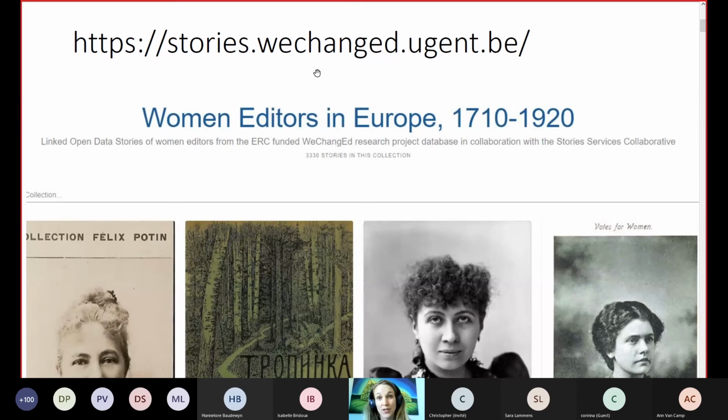This was a team of experts. This was an ERC project of Professor Marianne van Remoortel in the English Literary Studies Department at Ghent University on the Agents of Change project. And here we worked with technical experts, scientific programmers, as well as Wikidata and linked data story experts to successfully go through this workflow. And this allowed us to make this information available in an accessible way for humans and